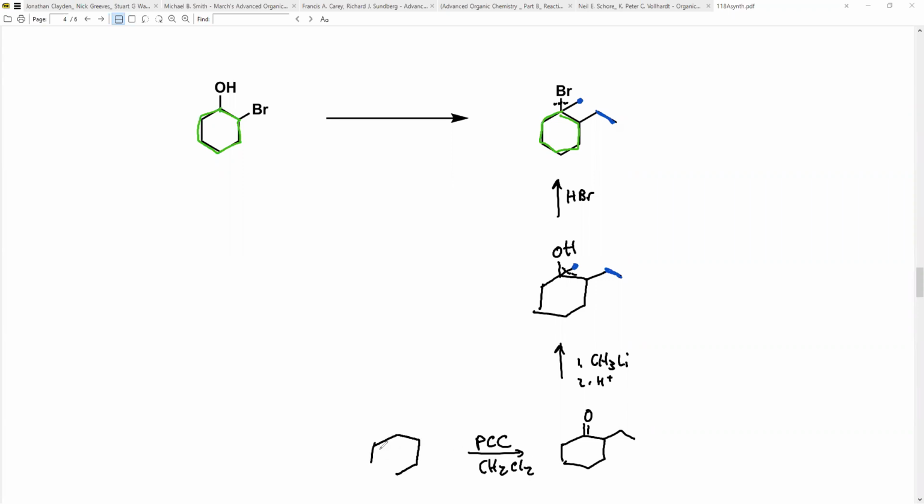Okay, I have my alcohol. Where in the world did this guy come from? You must have made a mistake. That's a possible thought, but this is not a mistake. This Grignard addition is not on the oxygen carbon, the alcohol carbon. If I cut here and use my same little trick, where I say this must be my Grignard